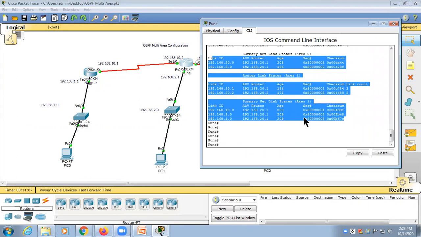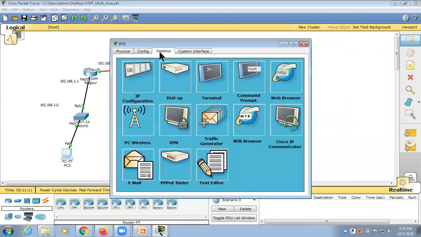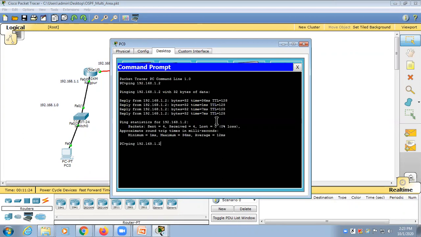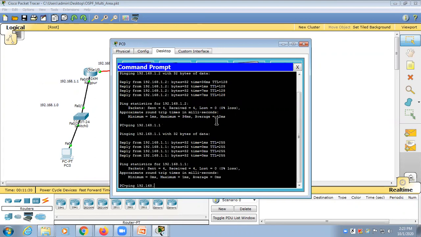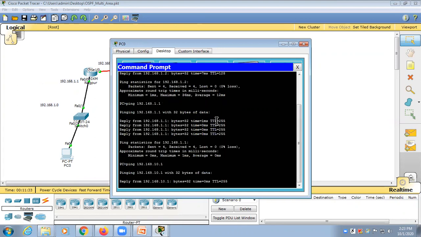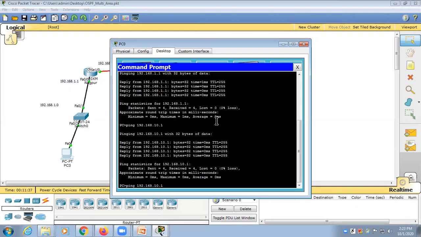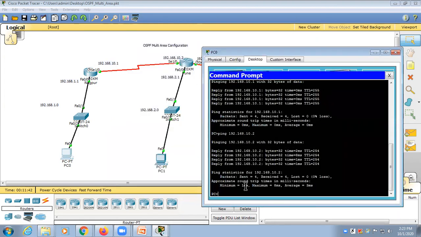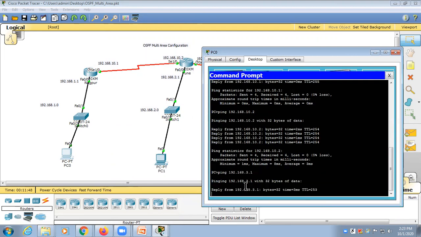It means that if any query comes from any computer in the Nagpur network, it will be pinged. So let's try to ping. Go to the computer, go to the command prompt, and ping 192.168.1.2 itself. It is pinging. Now let's check the next one, 1.1, whether it is reaching the Nagpur router. It is pinging. Just try to go outside the Nagpur router. 10.1 is there, and it is also pinging. Again, type the 10.2 IP address, which is the out interface over here. This is also pinging. And let's try another router, 3.1, the IP address of the third router, the Mumbai router.